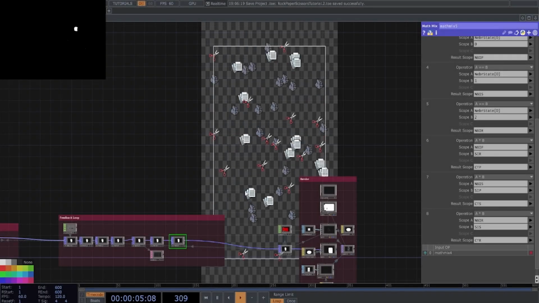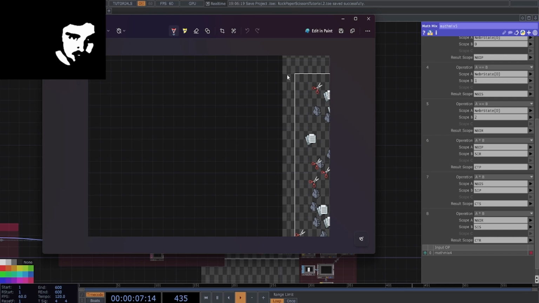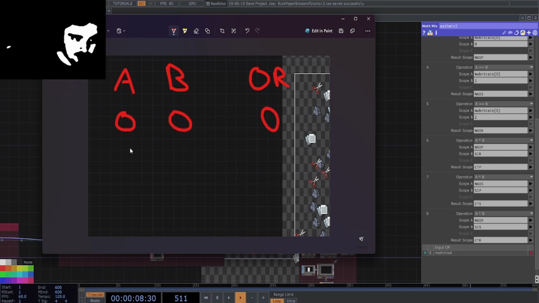So I'm going to write down the logic table for an OR statement. If A is 0 and B is 0, the result of OR is 0. If A is 1 and B is 0, the result of OR is 1. Vice versa is also 1, and 1 and 1 makes 1 for an OR statement. Another way you can think about this, if you make the maximum number